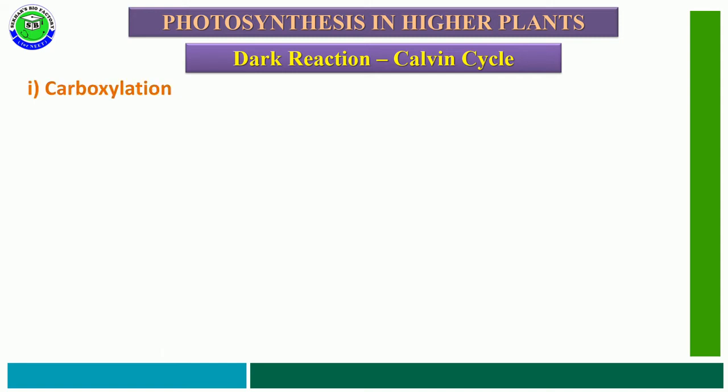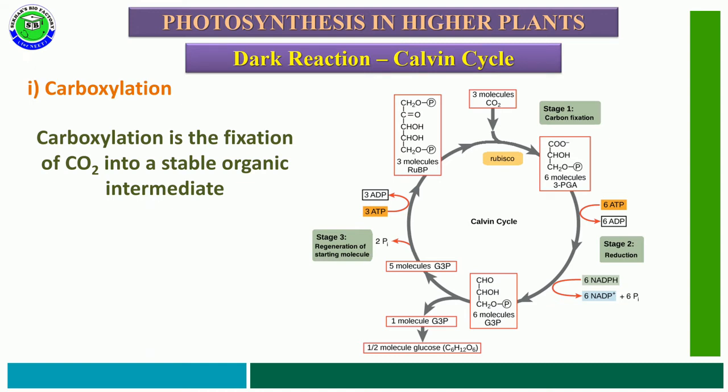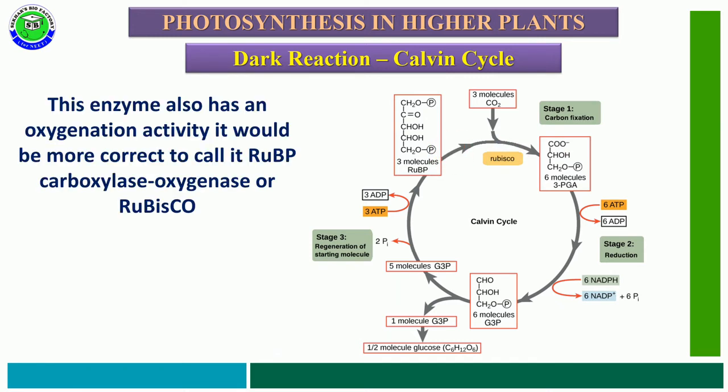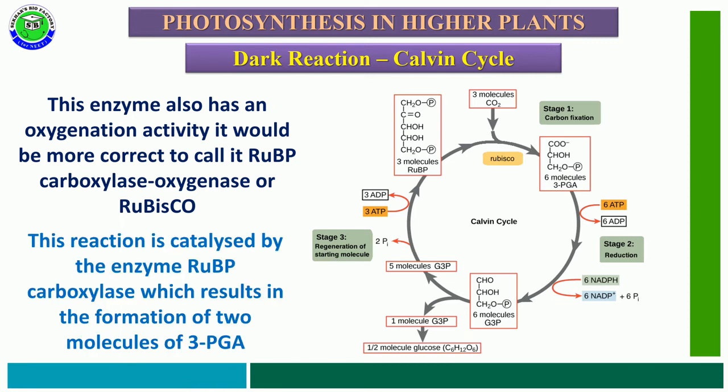The first reaction of the C3 cycle or Calvin cycle is carboxylation. Carboxylation means addition of carbon dioxide. So carboxylation is the fixation of carbon dioxide into a stable organic intermediate compound. It is the most crucial step of the Calvin cycle, where carbon dioxide is utilized by RuBP. Whenever carbon dioxide is received by ribulose bisphosphate, this reaction is catalyzed by RuBP carboxylase-oxygenase, or Rubisco enzyme, when the carbon dioxide is available. This reaction results in the formation of